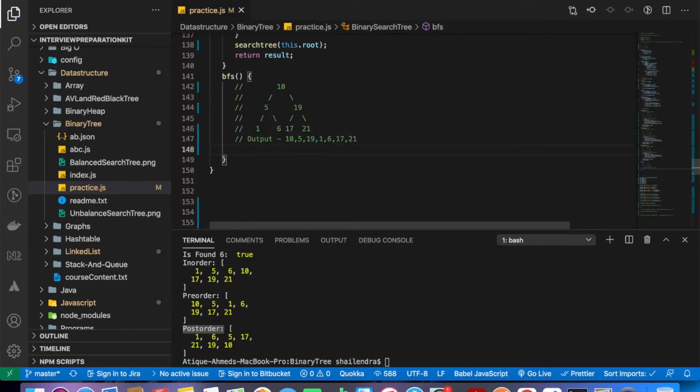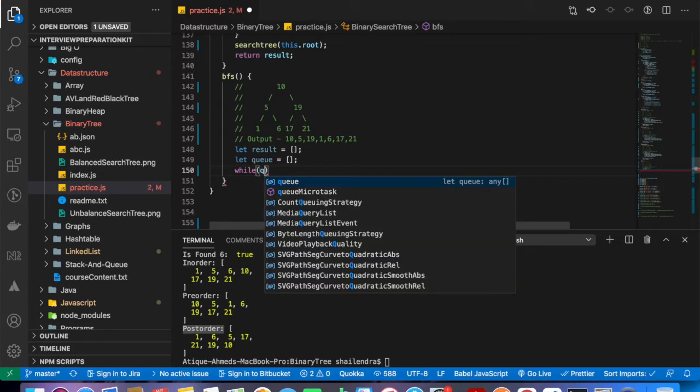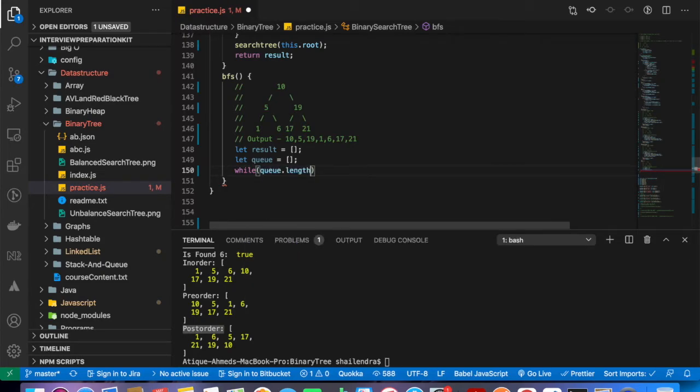Alright, so if I am going to write this code, I can say let result is equal to blank and let q is equal to blank, and I can say while q.length.